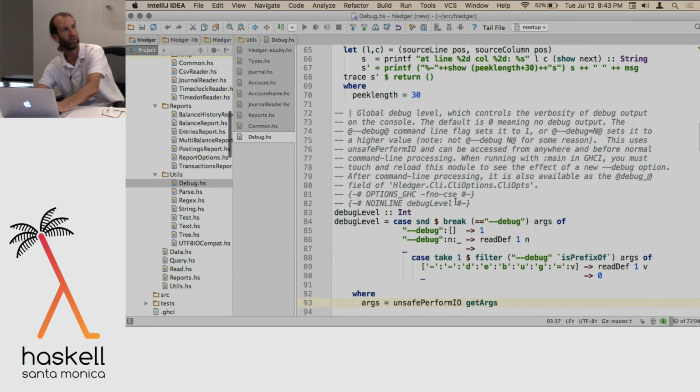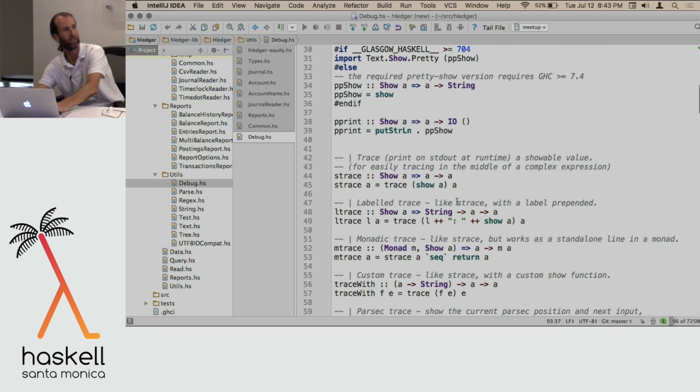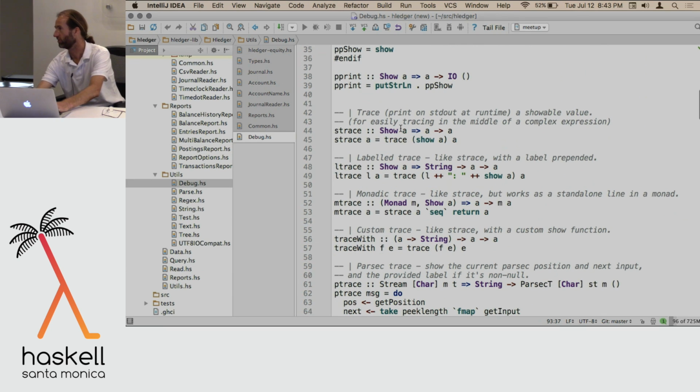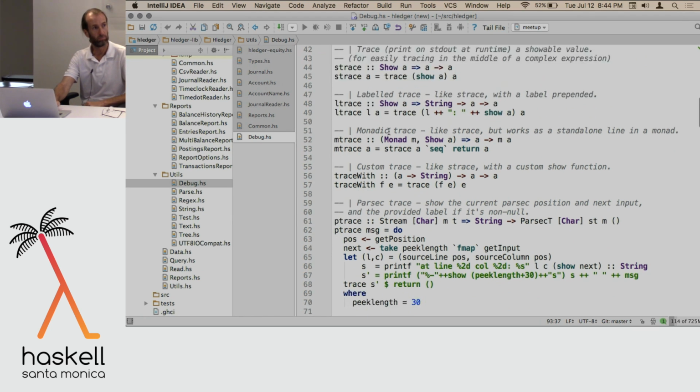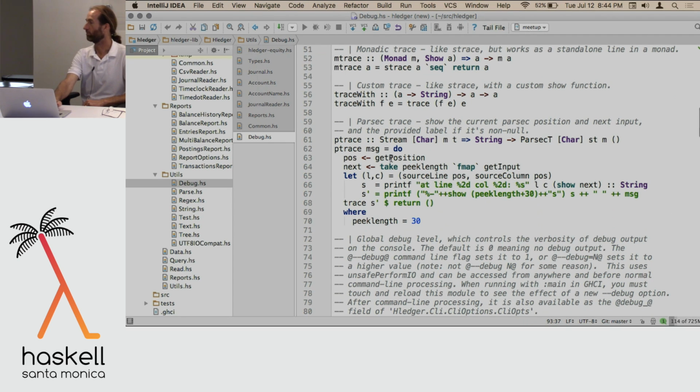in the hledger-lib package. These are actually now built into Debug.Trace, but back when I started they weren't. You can just stick in an strace for any showable thing, and it's a quick way, without having to make a lot of changes, to get some output. There's also ptrace. This is good in parsers. It'll show you not just the value that you want to show, but also your parse position in the file and what it's just parsed and what's coming ahead, which I find debugging parsers to be the hardest, actually. Partly because I'm not a parser expert, but